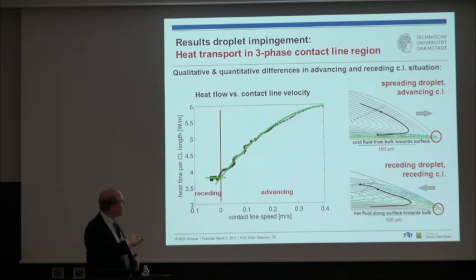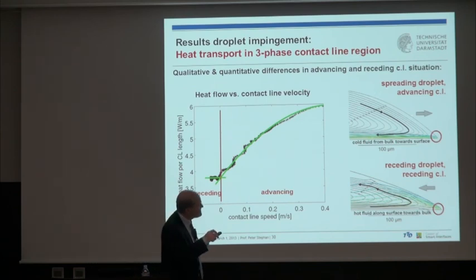It's a negative velocity, and then it slightly oscillates, and at the end, you have the sessile droplet again with 0 contact line velocity. So if I look at it from the point of view of time, it starts here, the droplet impingement event, it goes here. Here's the point of return of the contact line radius, then it goes here, it vibrates a little bit, and then it ends here. And we see a very interesting thing. So when the droplet spreads, we have an advancing contact line situation.